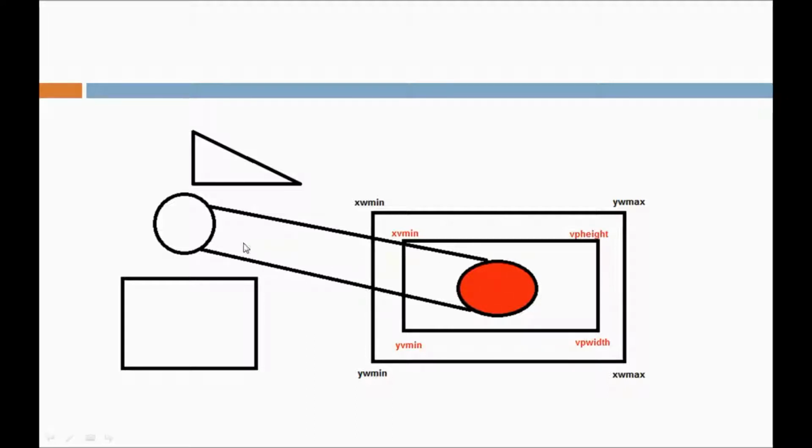That means you have to project the object that needs to be displayed, right? The object that needs to be displayed should be within the clipping window. Here these two objects are not within the clipping window, that's why they are not displayed. Only the circle is inside the clipping window. So you should understand that whatever the object that needs to be displayed should be inside the clipping window. Any object that is outside the clipping window will be discarded.